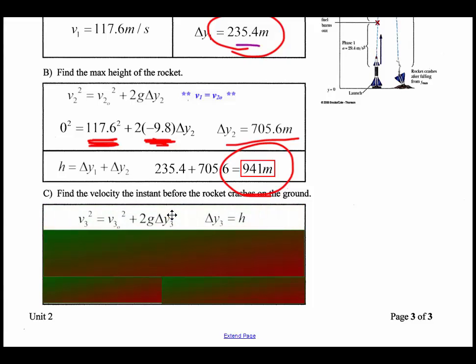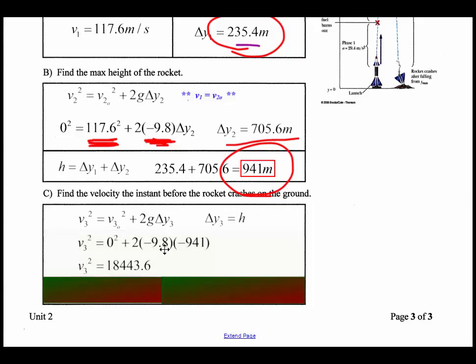So using that equation, we can say it's going to fall that 941 meters. It's falling, so it's negative. The acceleration is down, so it's negative 9.8. Right at the highest peak, we discussed that the velocity was 0, and therefore it's going to give us a velocity of